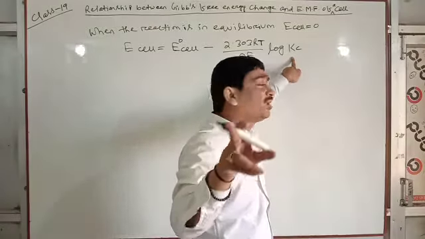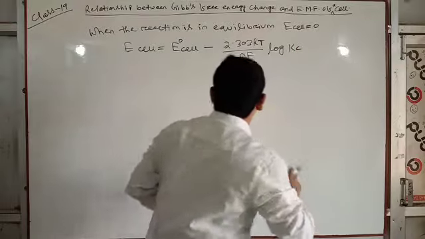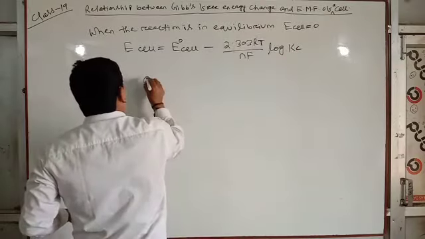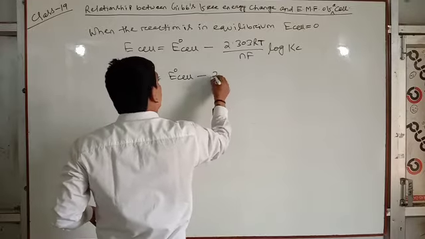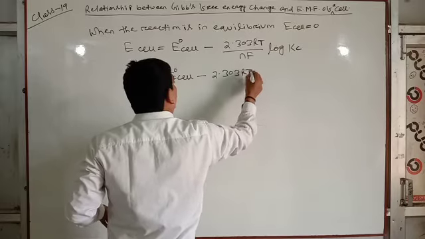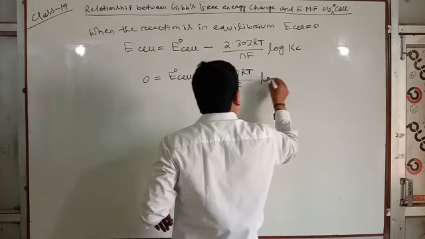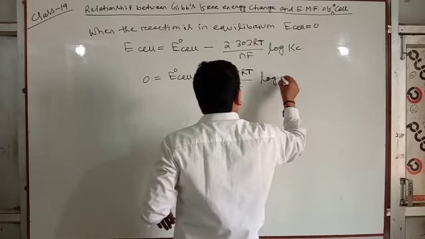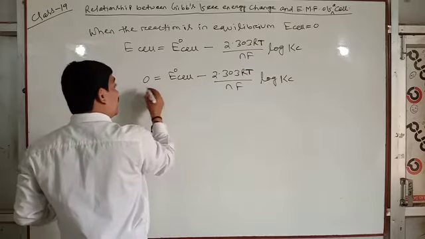In terms of the equilibrium constant, that is log Kc. Next, E cell equals 0. So 0 equals E naught cell minus 2.303 RT by nF log Kc, or simply we can write